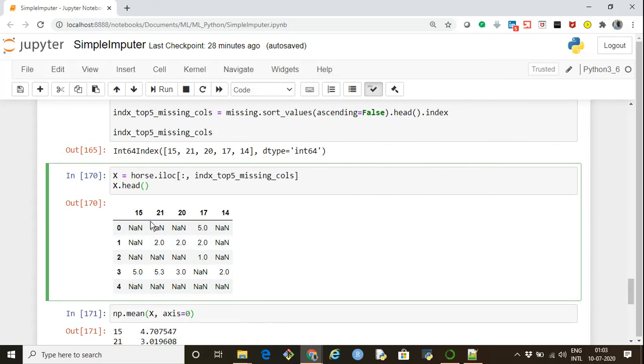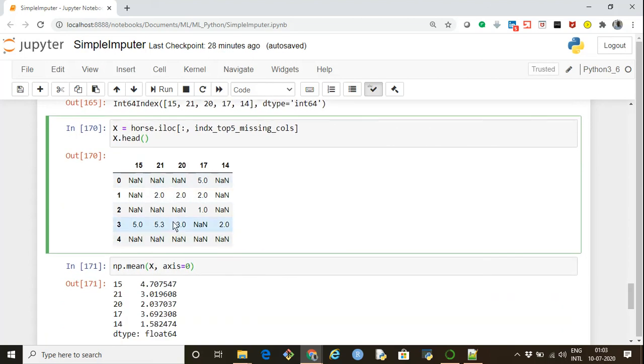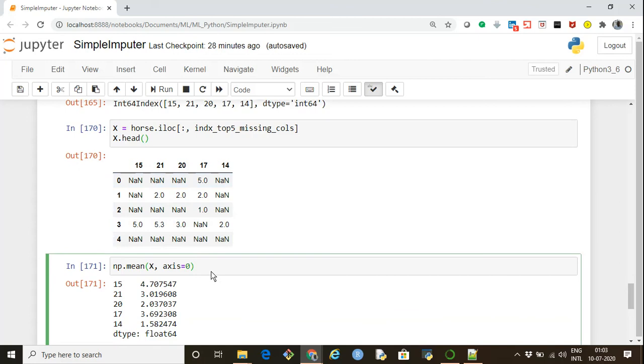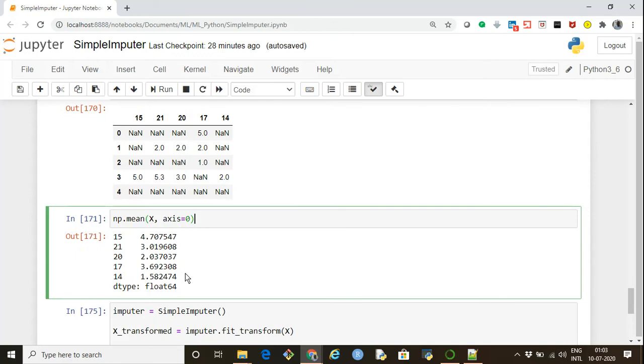This is what our data frame looks like. Before imputation, I'm calculating the mean for each of the columns using np.mean on the data frame x with axis equals 0, that is along the rows, so it calculates the mean value for all the columns. The mean value of the 15th column is 4.7, the mean value of the 21st column is 3.019, and so on.